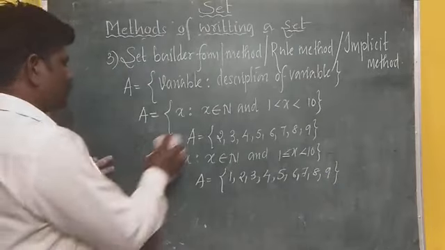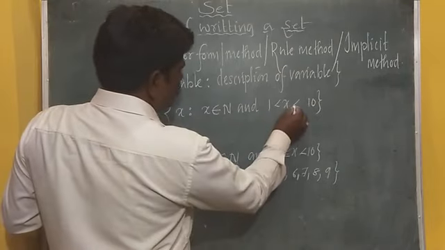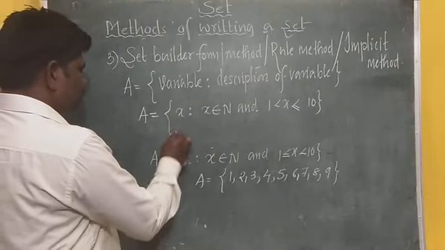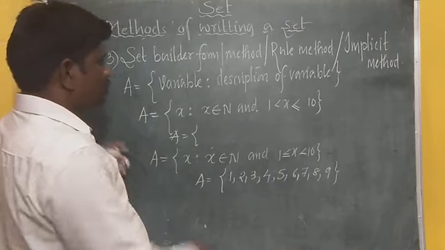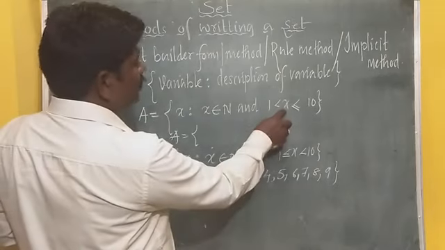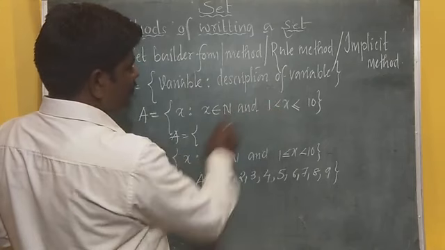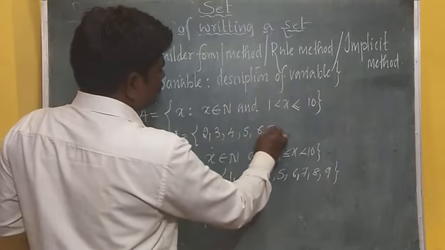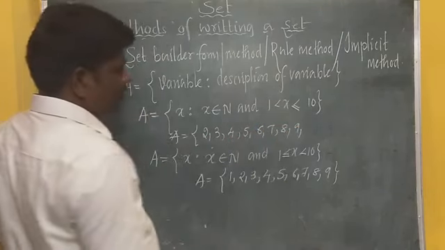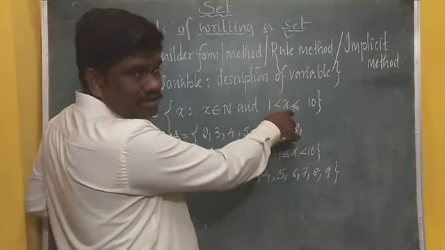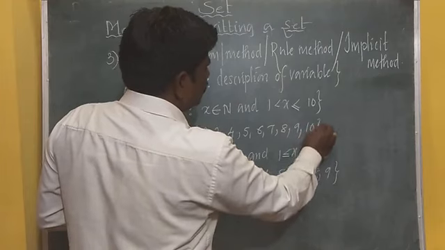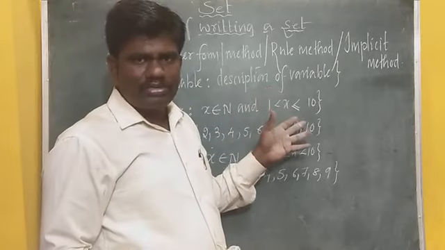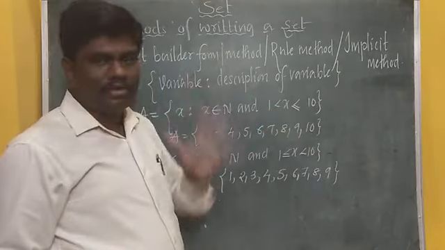If I take another example like this, say for example, here if I put the equal to sign, then what will the reader do? So A = {}. Now the reader understands it is a natural number and he has to start listing the numbers from 2 because it is greater than 1. So 2, 3, 4, 5, 6, 7, 8, 9. He can even take 10 because of this equal to sign. So he will take 10. So this way, depending upon the second condition you put, the numbers will be written very thoroughly.